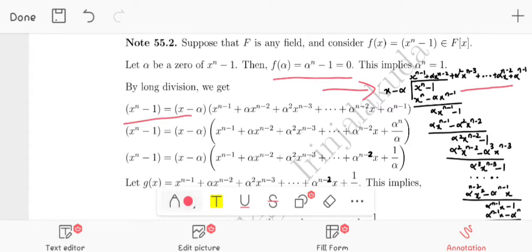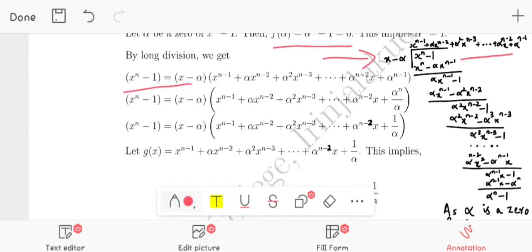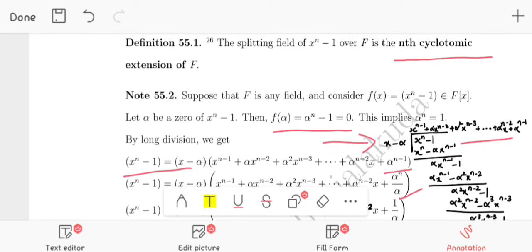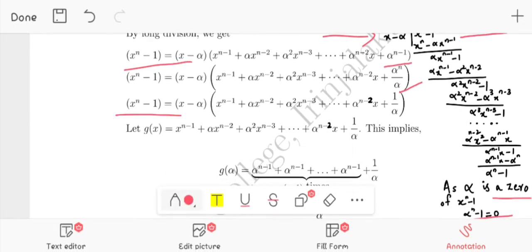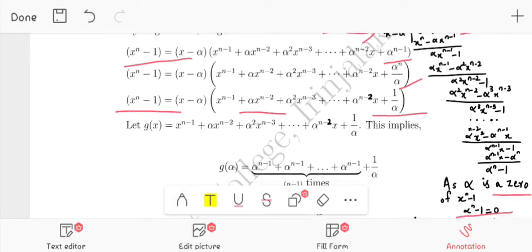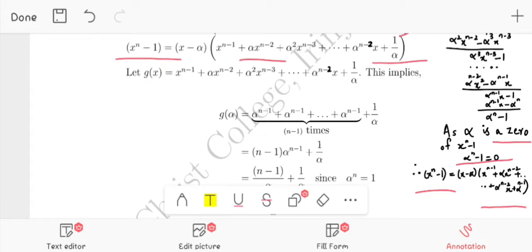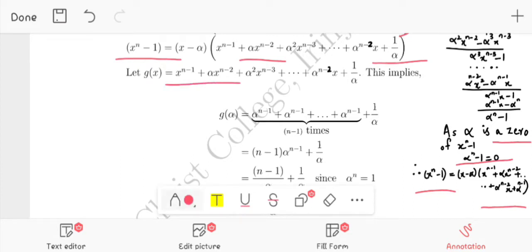Now we can write alpha raised to n minus 1 as alpha raised to n by alpha. And also we know that alpha raised to n equals 1. Therefore, x raised to n minus 1 is equal to x minus alpha into x raised to n minus 1 plus alpha x raised to n minus 2 plus etc plus alpha raised to n minus 2 into x plus 1 by alpha. Let g(x) be equal to x raised to n minus 1 plus alpha x raised to n minus 2 plus etc plus alpha raised to n minus 2 into x plus 1 by